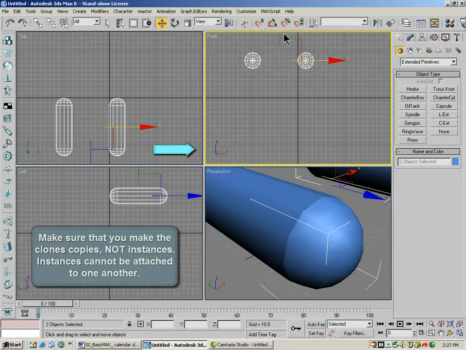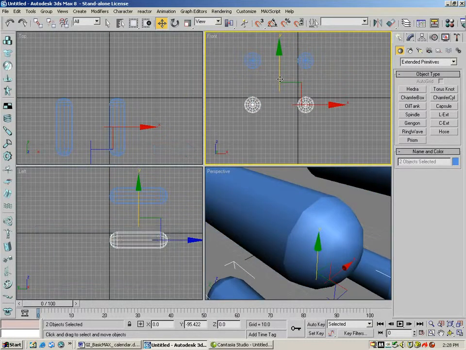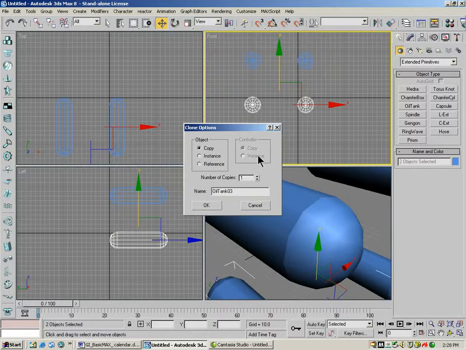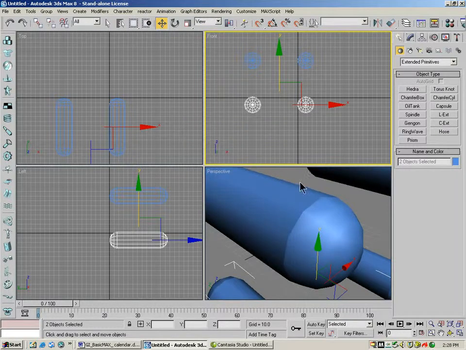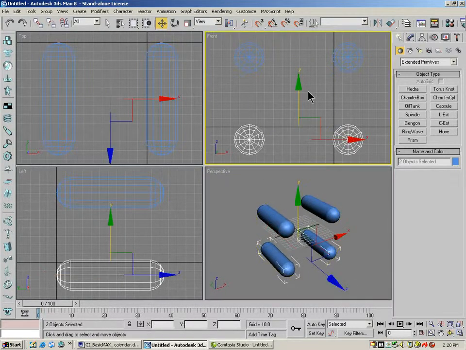It's going to be a copy. Then I'm going to drag both of these guys and drag them down using the same process. So I'm holding down the Shift button and the left mouse button. Now I've let go of the left mouse button and said OK. And what we end up with, if I hit Zoom Extents All, are 4